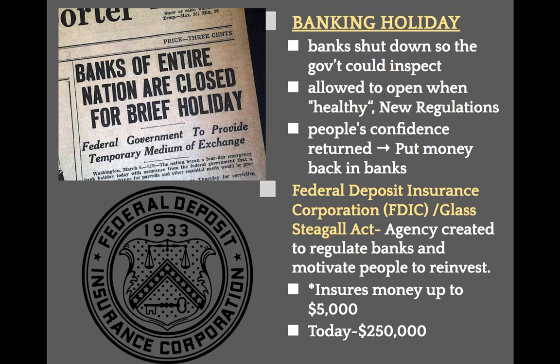All right, so we're going to go into that alphabet soup. We're going to look at a lot of acronyms for these policies that FDR begins to pass. The first thing that he's going to do is shut down the banks. Okay, the banks have a little holiday, a little break. What this does is allow the banks to be closed and inspected. They're going to have stricter regulations on policies. Remember, no more easy credit, just handing out loans to whoever. And then once they were considered healthy by the government, they could be opened back up.